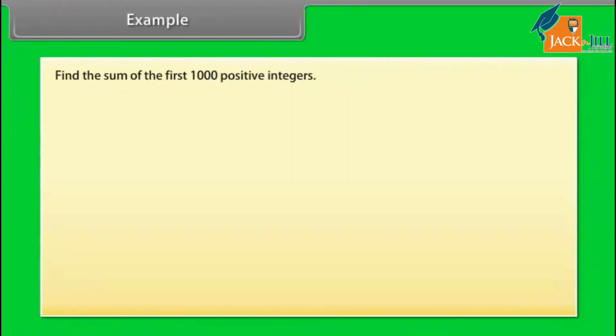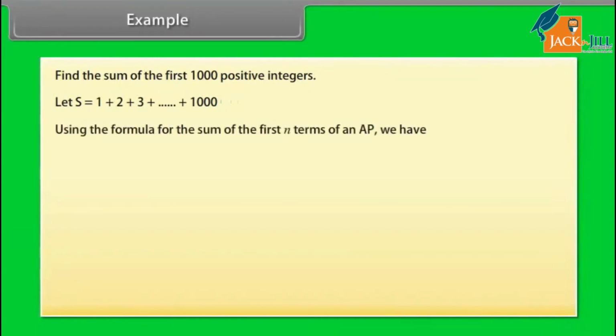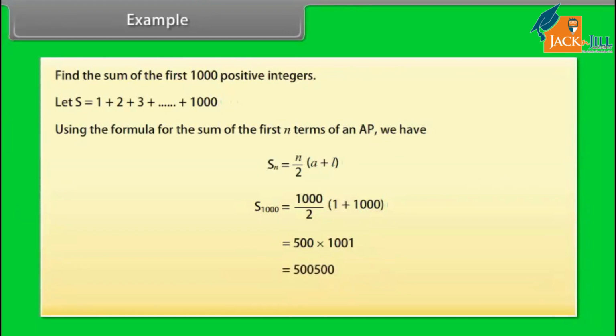Find the sum of the first 1000 positive integers. Let S is equal to 1 plus 2 plus 3 plus and so on plus 1000. Using the formula for the sum of the first n terms of an AP, we have Sn is equal to n upon 2 into (A plus L). Substituting the value of n, we get S1000 is equal to 1000 upon 2 into (1 plus 1000). This is equal to 500 into 1001, which becomes 500. So, the sum of the first 1000 positive integers is